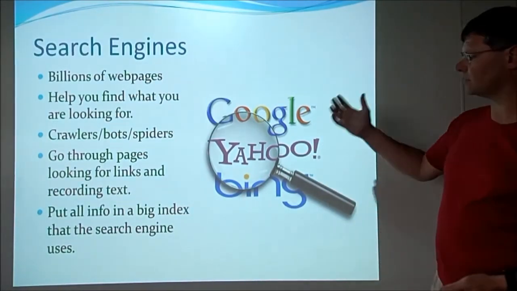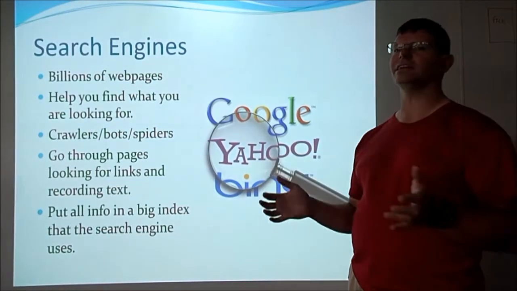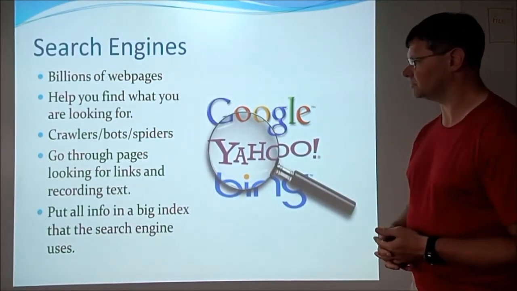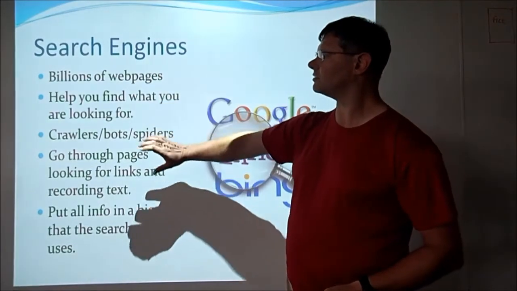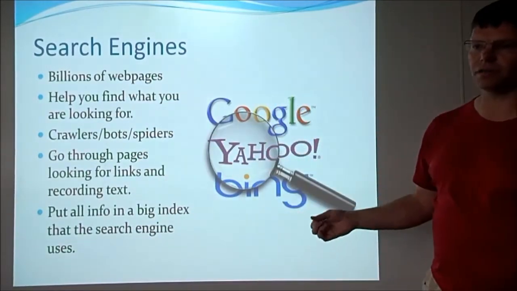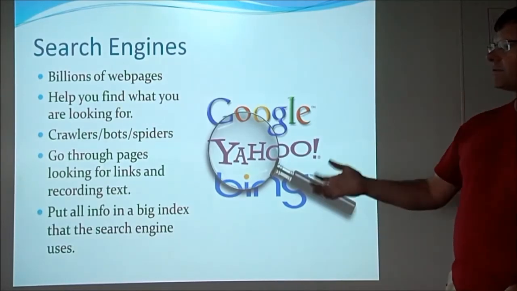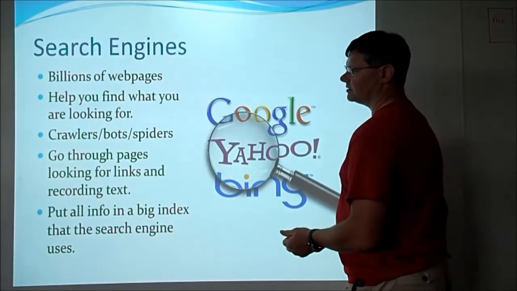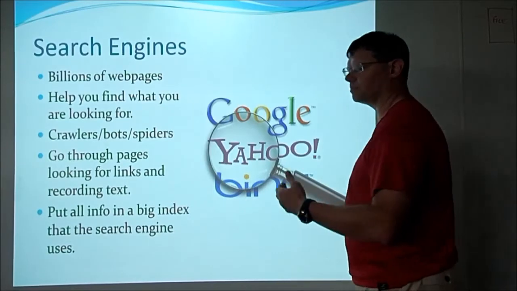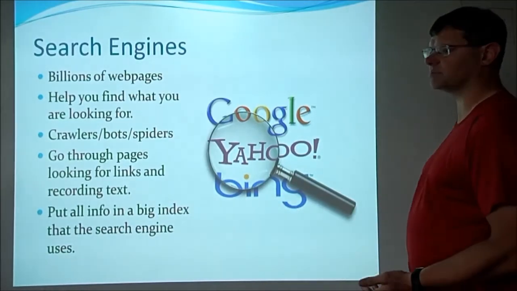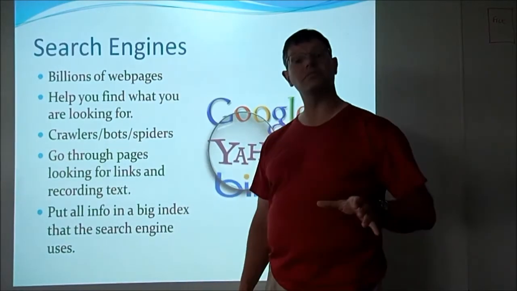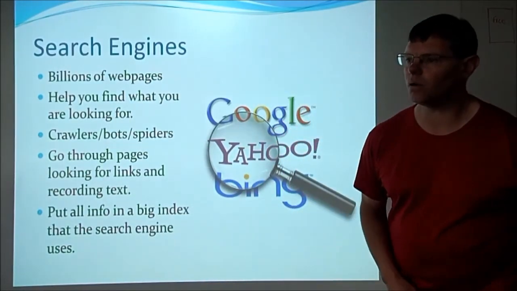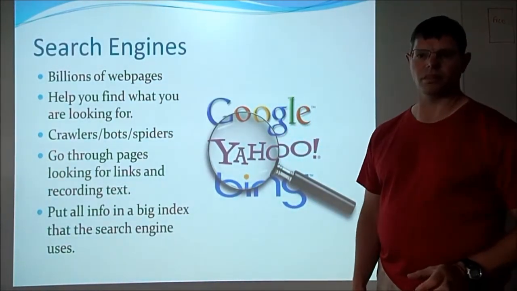So whether it's Google or Yahoo or Bing or Ask Jeeves or any of the other ones that you might be using, you're going to use those, and they're going to help you find what you're looking for. Now, how they work is they have these things called crawlers. Sometimes they're called bots or spiders, but web crawlers is probably the most common one. And what the crawlers do is they're little programs, and they go around all the websites they can find,